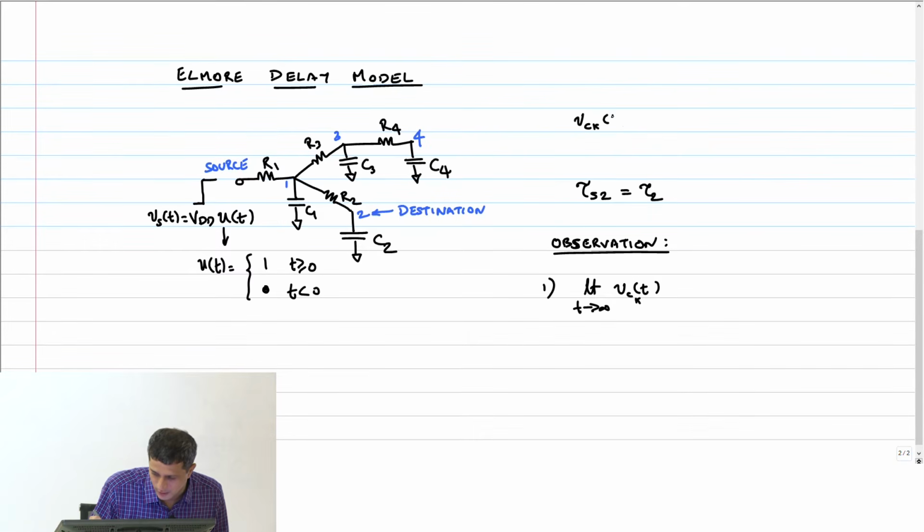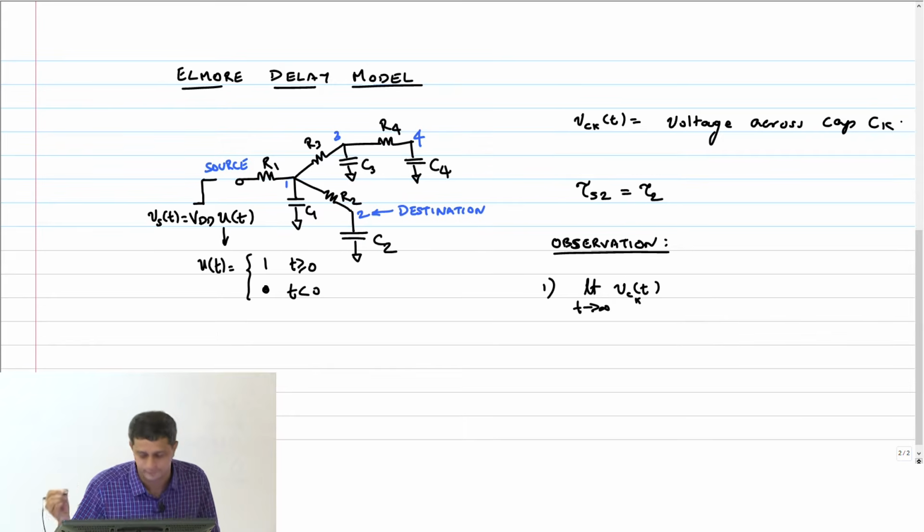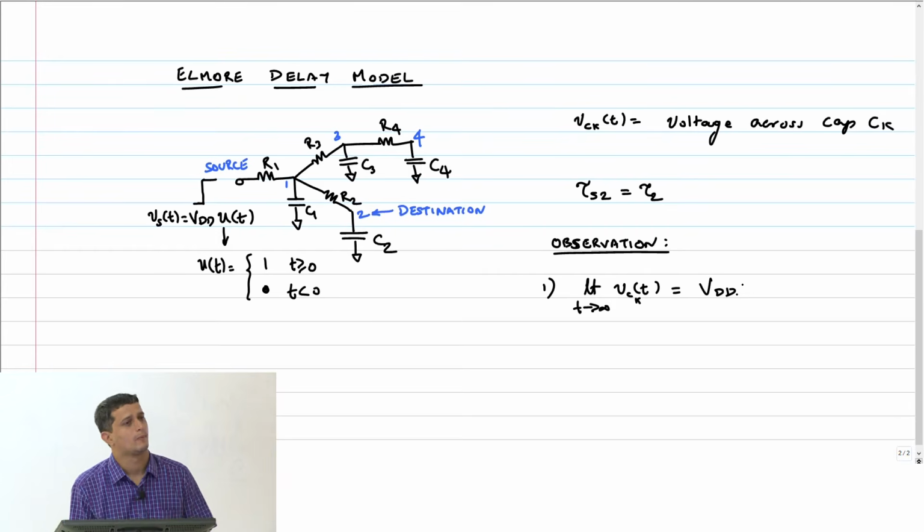Vck of t is the voltage across cap Ck. This is equal to VDD. Okay, now